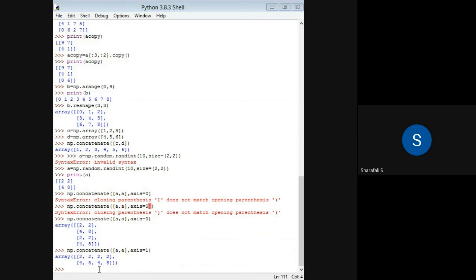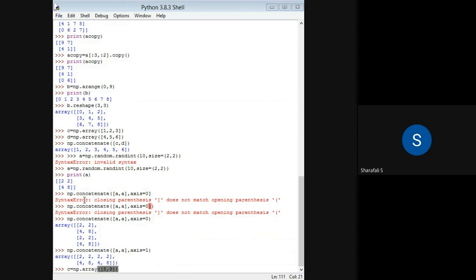Similarly, you can use the VStack or HStack option, especially when you have different dimensions. For example, you have some matrix like C equal to np dot array, and let us put some 8, 9 list here.